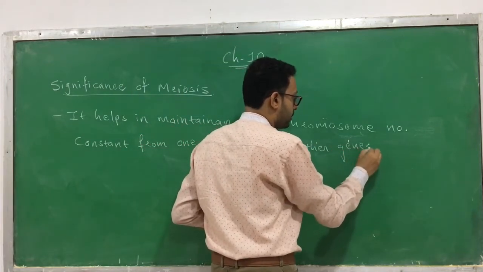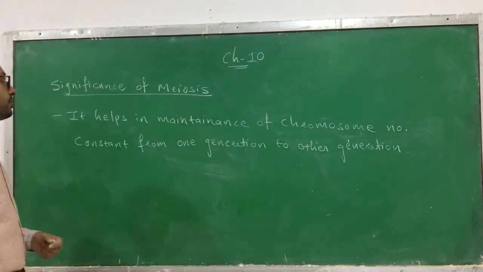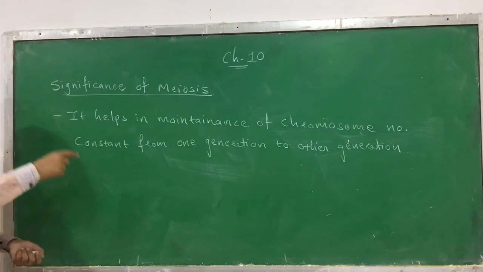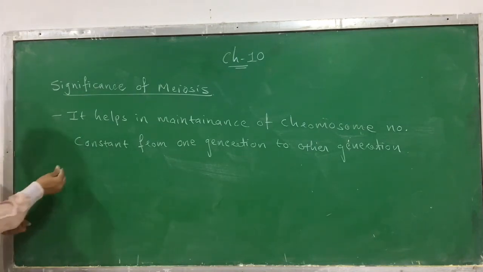This is the first importance of the meiosis process. So it maintains the chromosome number the same over generations. Okay. Now the second